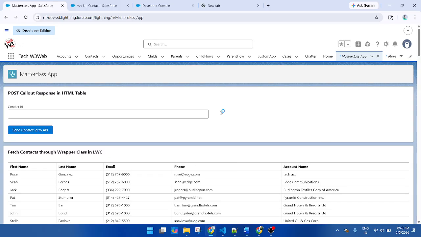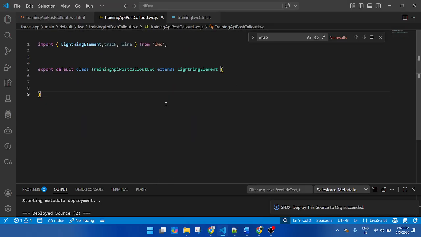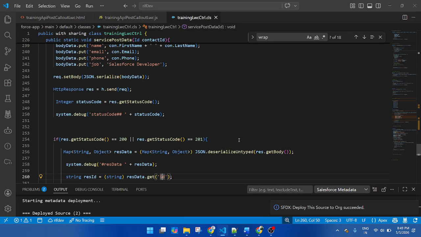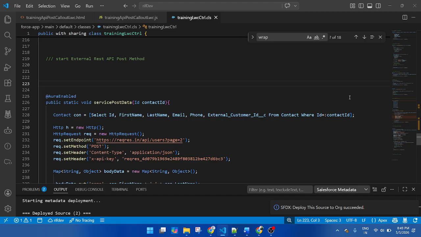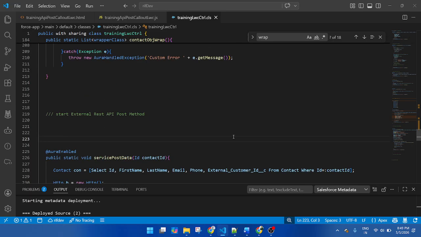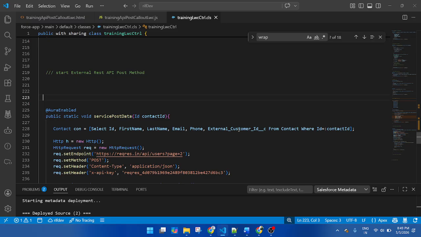Okay. Vivek and Rachna, any confusion about how to create a component, button, input field? No. Okay, fine. Now let me go to the JavaScript part. So first I will call the method. Now if you want to display the return value of the API in the LWC component, first of all we need to store the value. So how to store the value that is returned from the API?